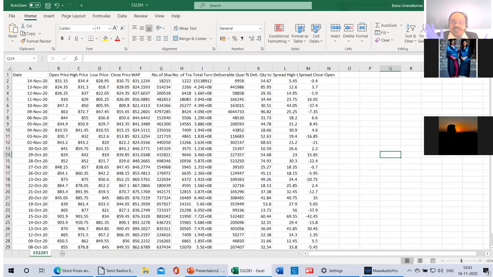Sense making of data is first essential. You can see that the data is in reverse order. 14th November is at the beginning, 13th November is next, 12th November is next. That is the sense you have to utilize. So what you have to do first is convert it to ascending order.